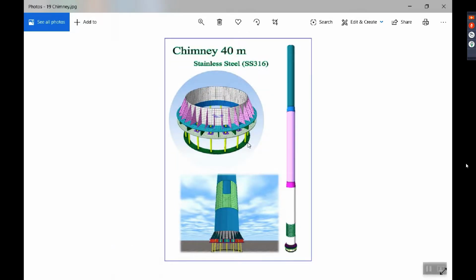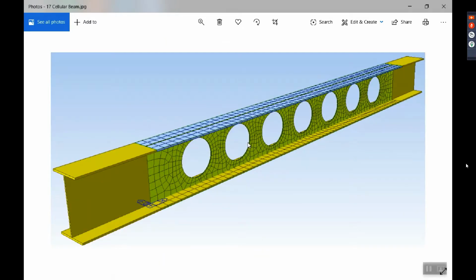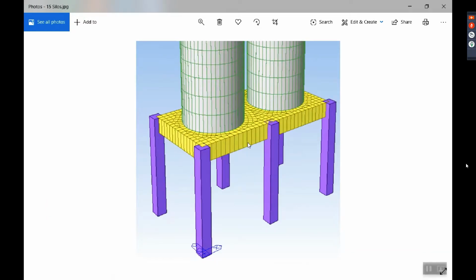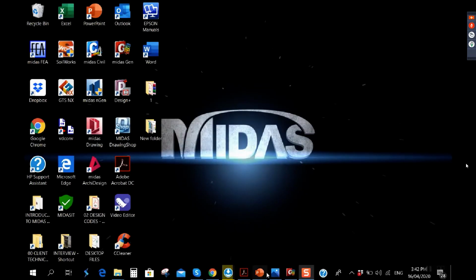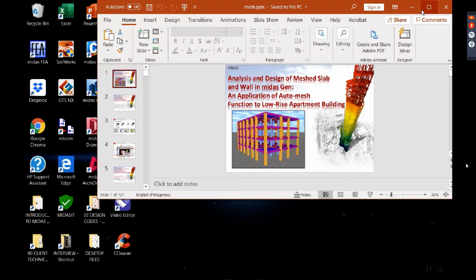For the chimneys, as well as the cellular beams, the silos, and the mat footing, separately modeled and designed. So going back to our presentation,